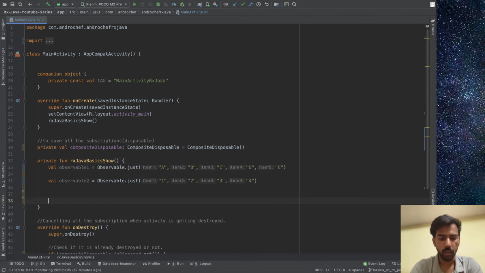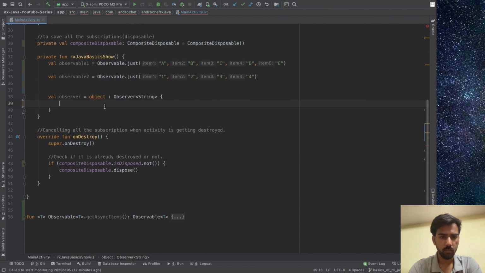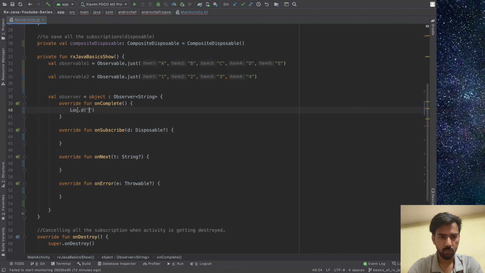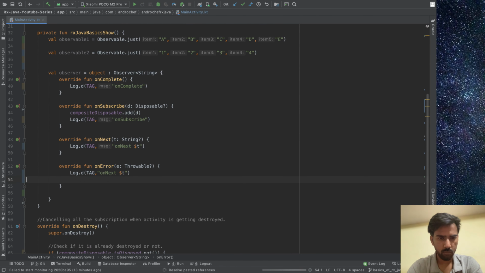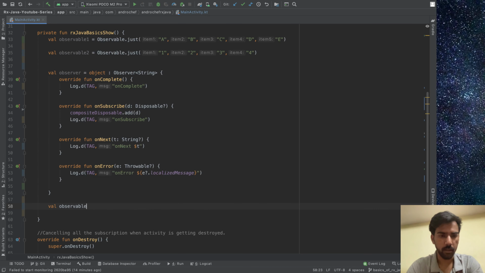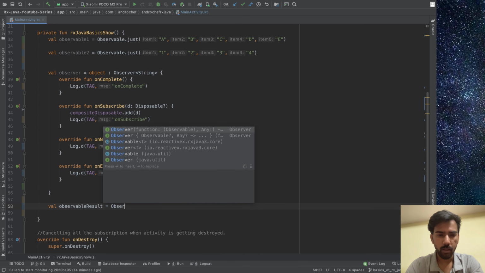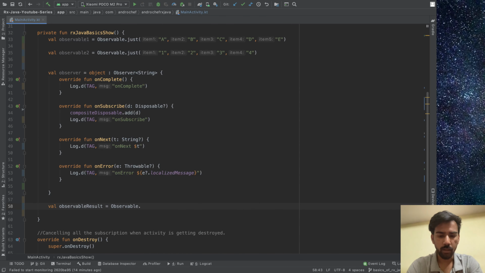Now we will create our observer. So now we have observable 1, observable 2, and we have the observer. Now we will create our third observable, the result observable, which will be created by concatenating these two observables.